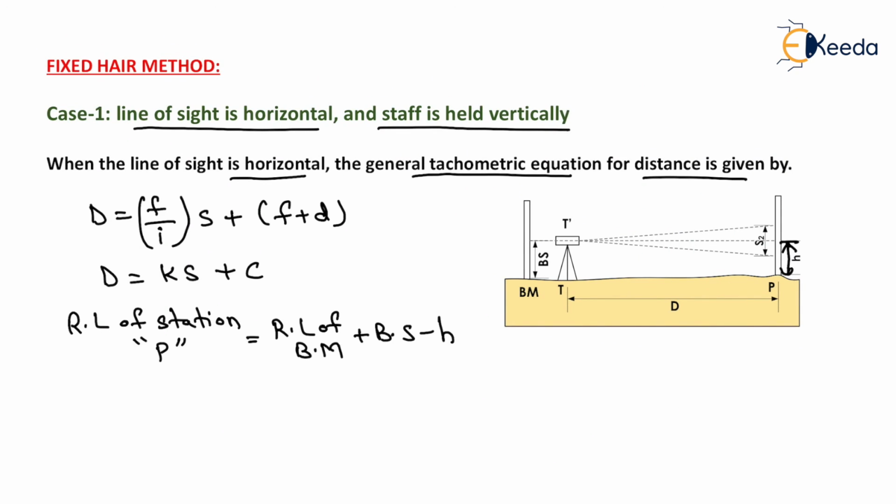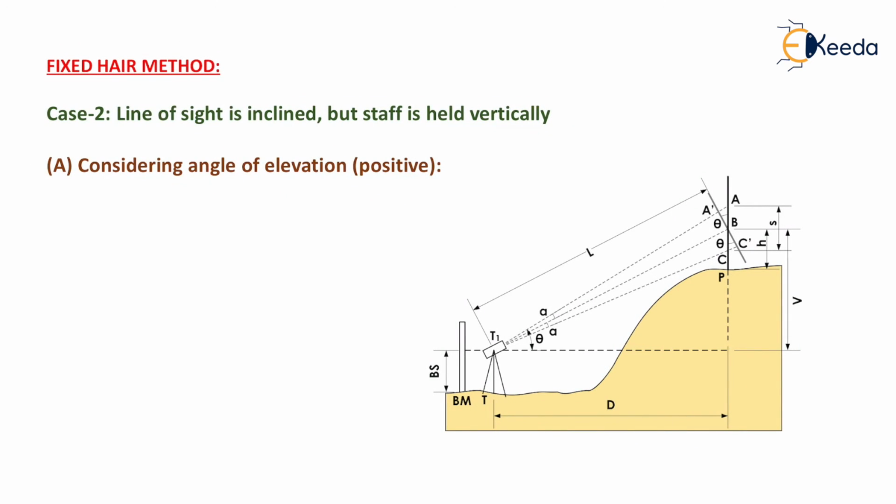Now we can move to the next case, that is line of sight is inclined but staff is held vertically. It means that the line of sight is inclined at an angle of theta but the staff is held vertically, which is shown here like this. And we need to compute the RL of station P. Now in this case, the value of capital L will be equal to kS plus c. The value of capital L will